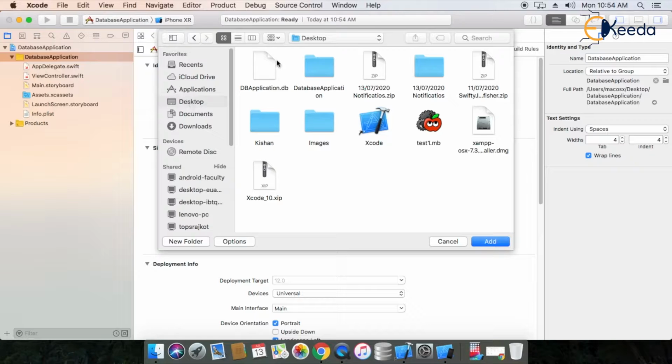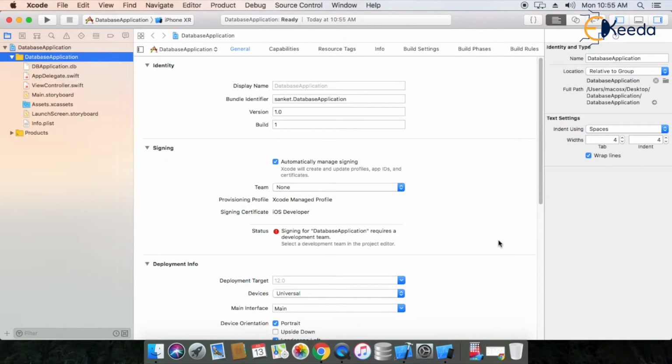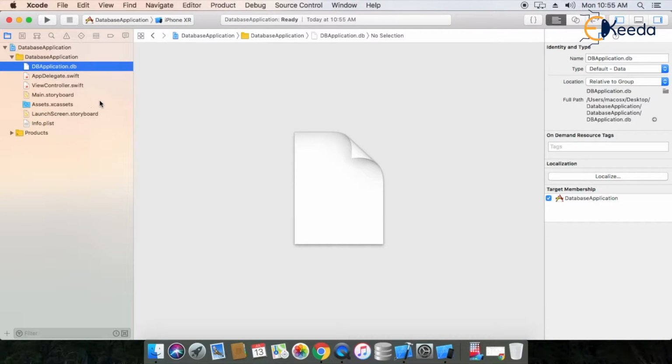So now go to your desktop. Now this is my database file. Select this file and click on add. Now your application contains your database file. So here I have added my database file in my project. Now the second requirement is, whenever you use a database application using the SQLite library, you require